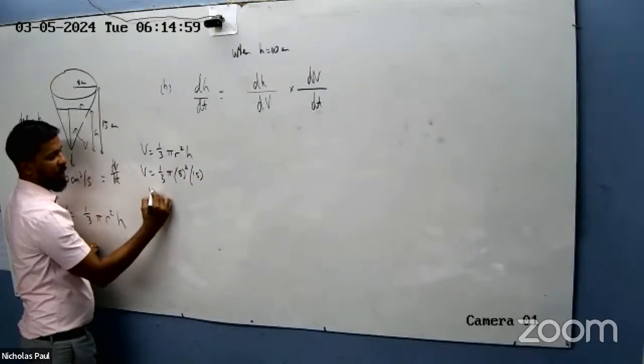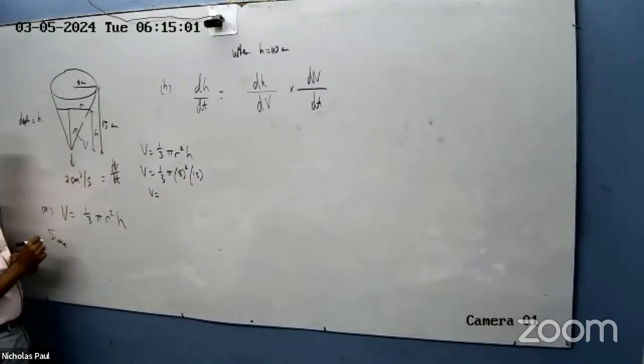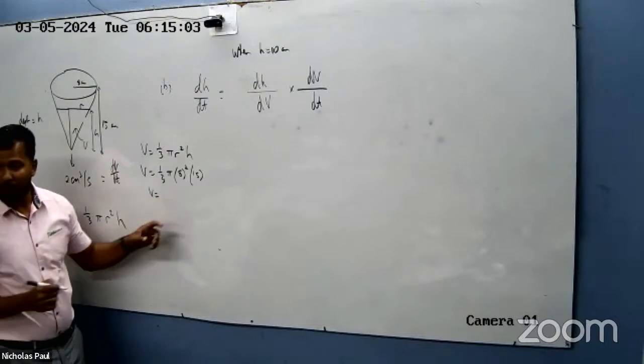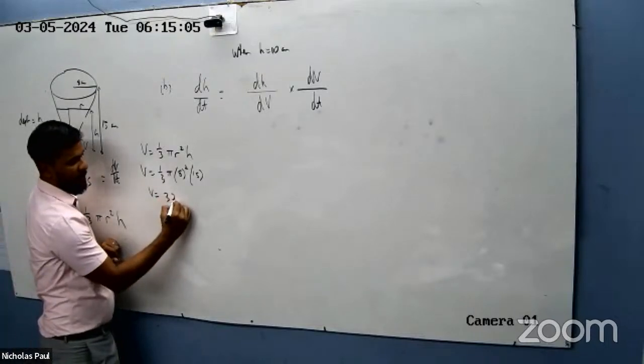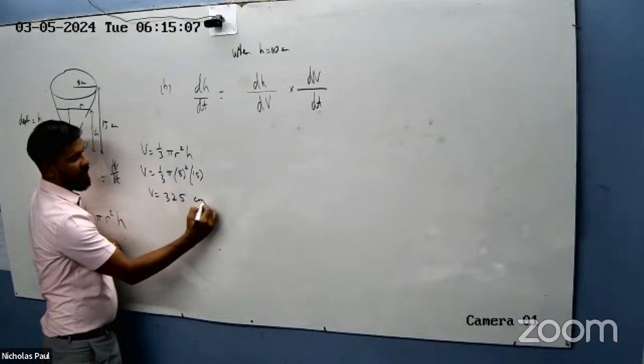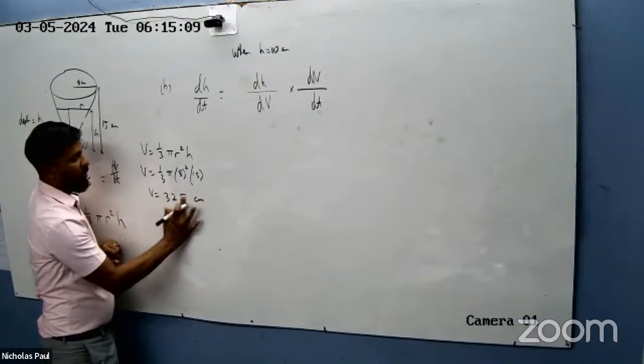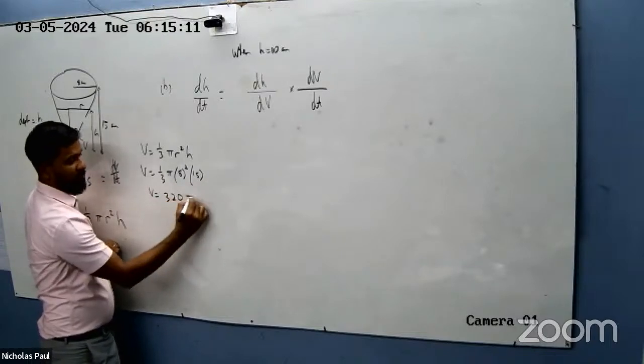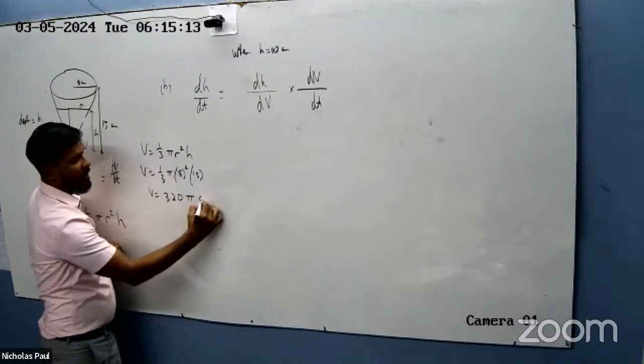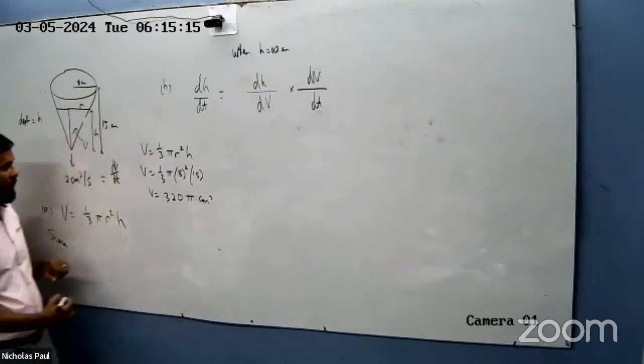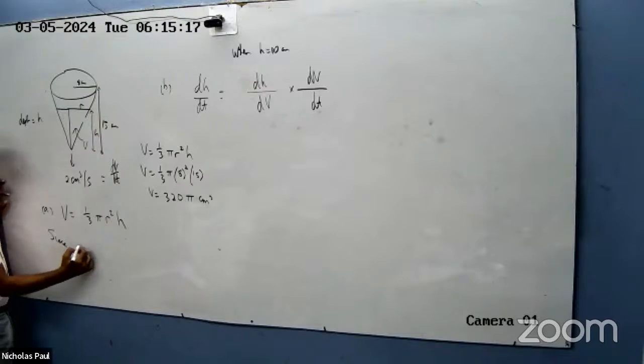This will give us the original volume, right? How much is this? 325. Yeah, 325 centimeters cubed. So if I were to say that